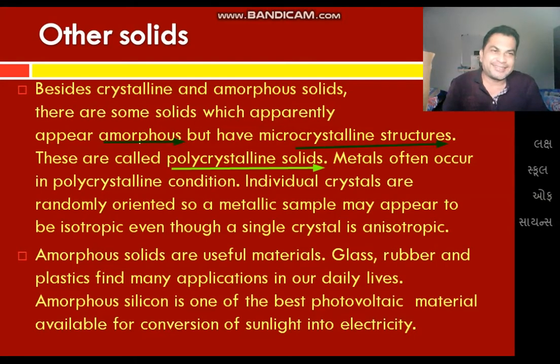So here metal will behave like this, because initially when we were talking about amorphous and crystalline substances, I talked about the isotropic nature and anisotropic nature. At that time you might be confused. Okay, actually crystalline substances should be isotropic and non-crystalline substances should be anisotropic, but ત્યાં ઉલટું હતું કે crystalline structure